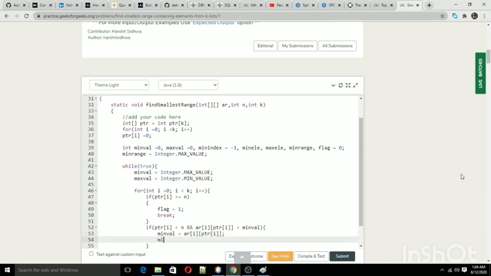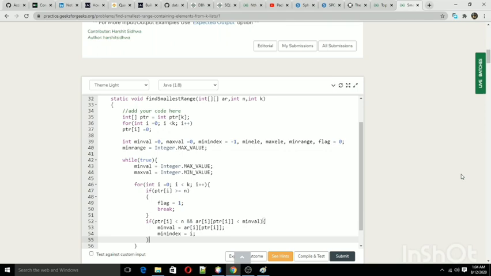Okay, and minimum index will be i. So here we will be updating the minimum index, which will be the current minimum value, and we will later increment the value of the ptr and it will point to the next element.